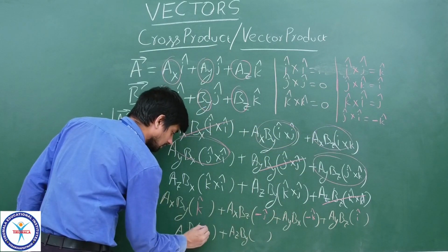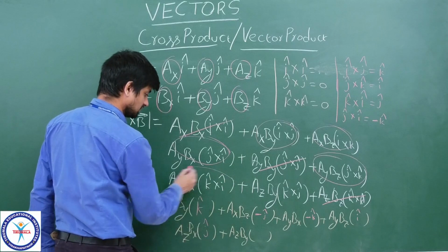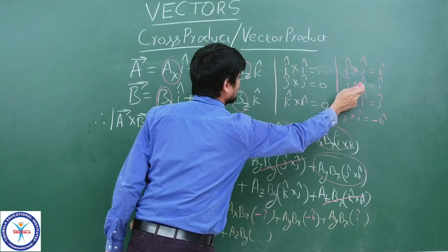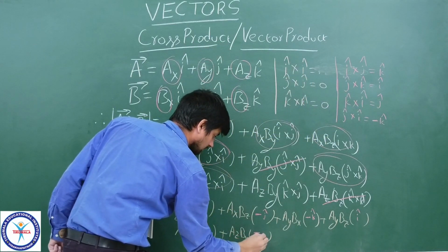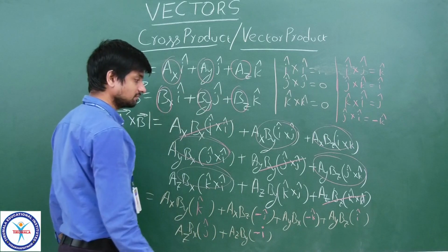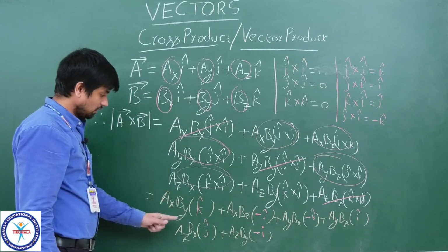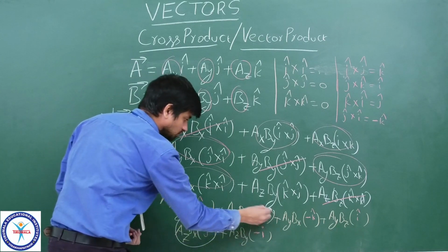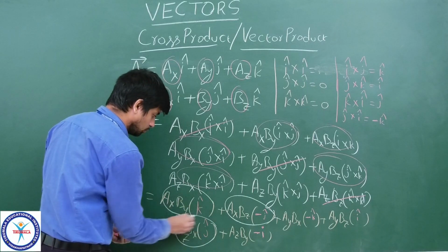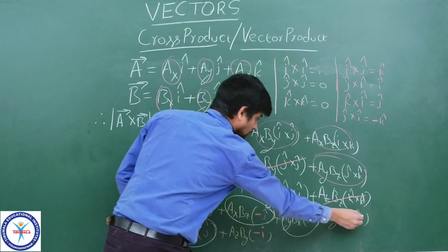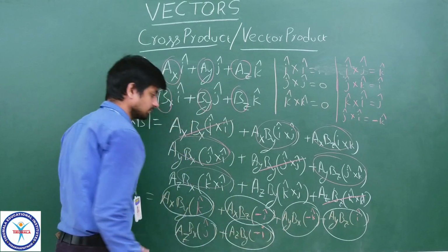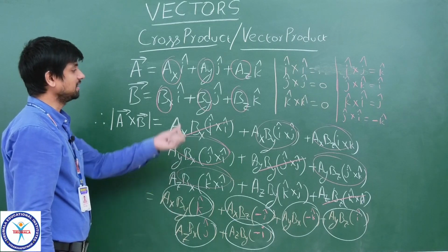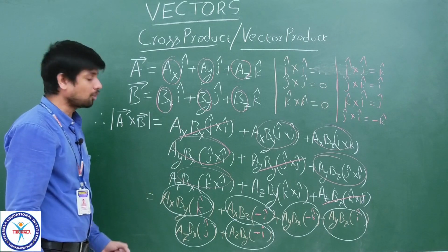So, you will get j. So, this term is over, and here k cross j, j cross k value i, k cross j minus i. So, see here, 2 j terms, 2 k terms and 2 i terms. So, see here, these things will be written here again to give the proper formula.